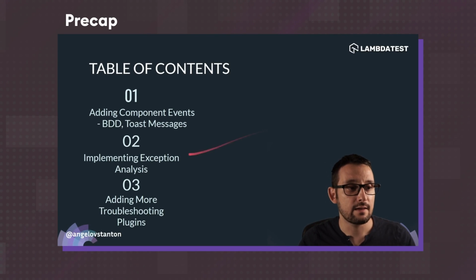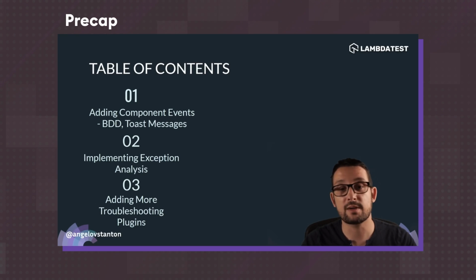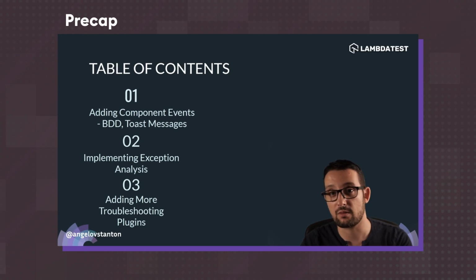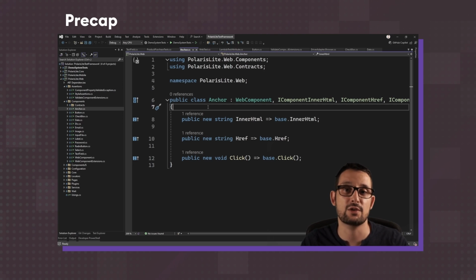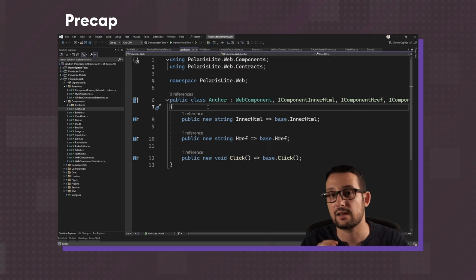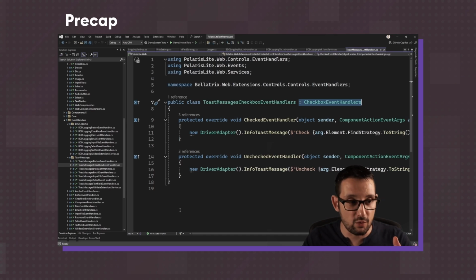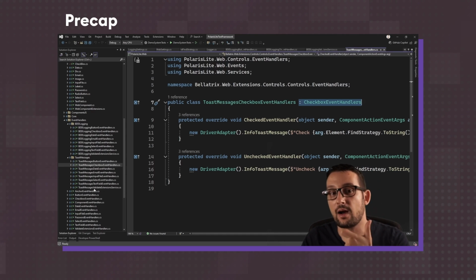We are going to begin discussing how we can add BDD logging. This will be the first thing that we are going to integrate into our framework. I'm also going to use this time the native support for the observer pattern in C#, utilizing the event and delegates. But before we move to that, let me show you how we actually integrate that into our tests,